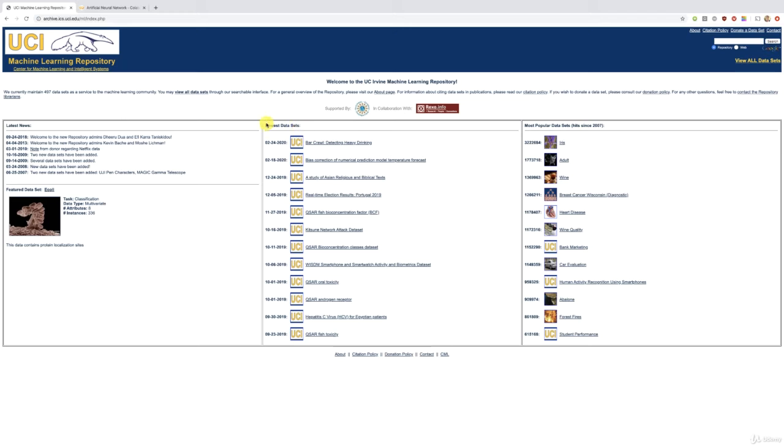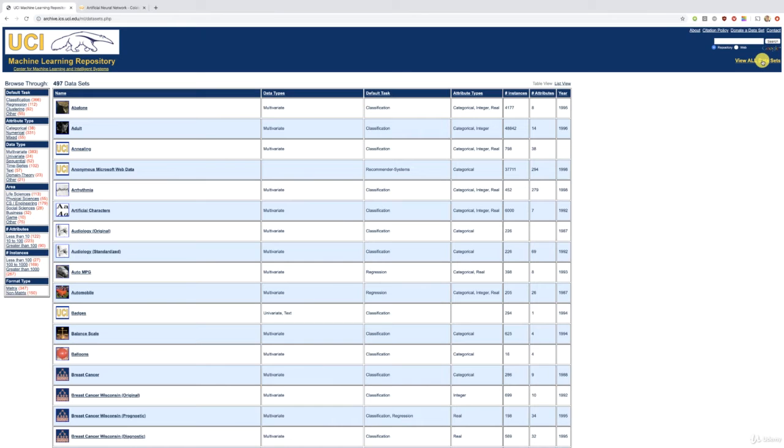You have all the newest data sets here, the most popular data sets hit since 2007. Okay, but where we're gonna go is here, view all data sets. So click this link here, and there you go. That's really what I wanted to show you. The UCI machine learning repository is clearly well organized between the different applications of machine learning, which are classification, regression,